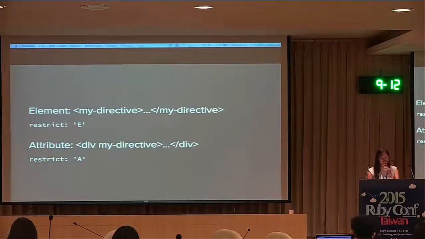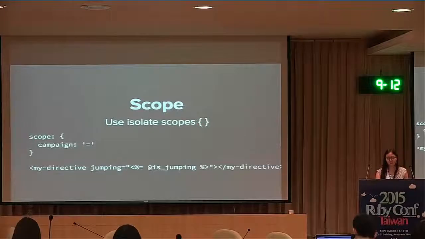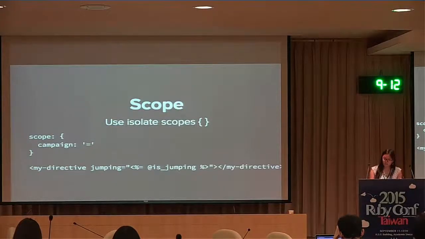Okay, and then the next thing is on scopes. If you read the documentation, it'll say true, false. Use isolate scopes. That means you're not inheriting scopes from your parent object, and this is important for modularity because it means you don't assume that things live inside of a particular other thing. So things aren't dependent on other things existing, so that way you can plug them into other pages. And you may pass in information using attributes. Here's an example of passing in a Boolean value from our Rails DRD.